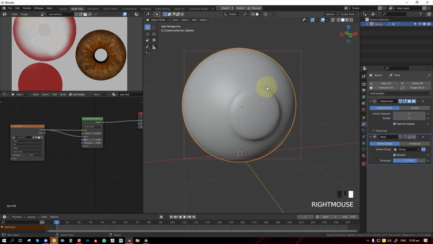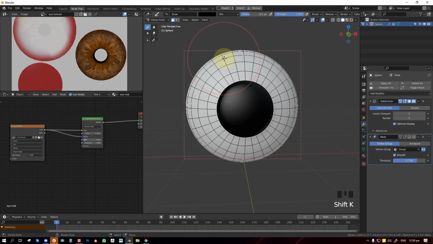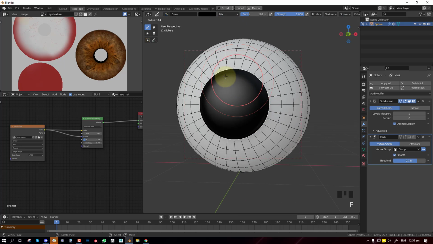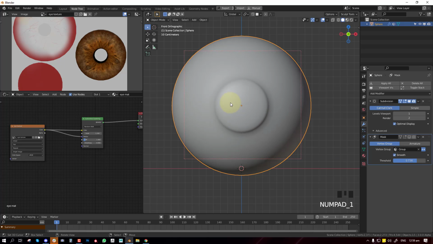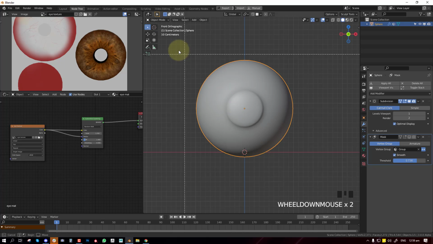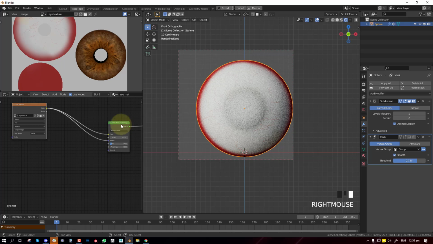and now we'll go into vertex paint. I mean, you can do this process with the texture paint. You can paint like a mask here, which is basically what I'm trying to do. So I'm going to set the color to black, and if you hit Shift K, you can fill it up, or you can, same thing here, set vertex color, Shift K. So we'll still need to do some refinement here, but we'll deal with that later. So now we can quickly set this up. So I'll move this aside.